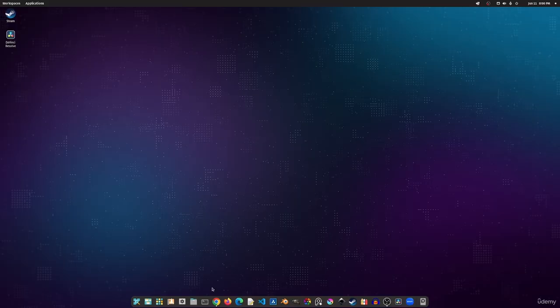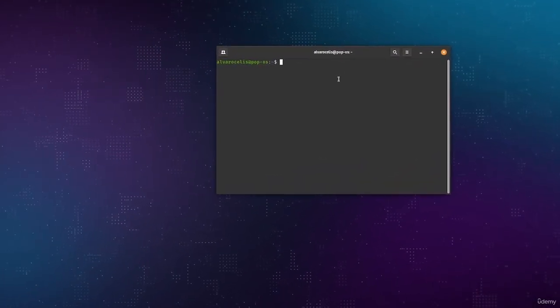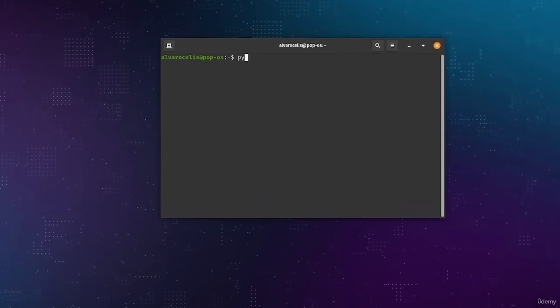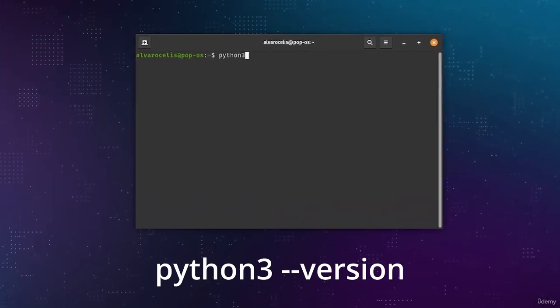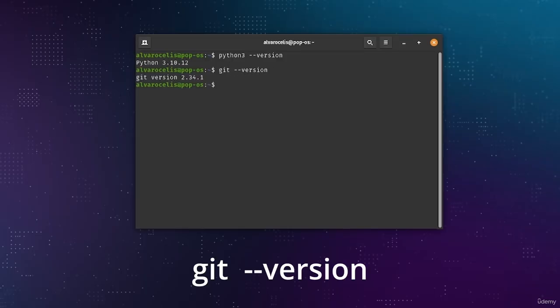So before we get started, open up a terminal and verify you have Python and Git installed. In Linux, the command is not python, but python3 --version, enter, and we got 3.10.12. Let's do the same with git --version, and we get 2.34.1. Remember to check a tutorial on how to install both of these because they are required to install anything